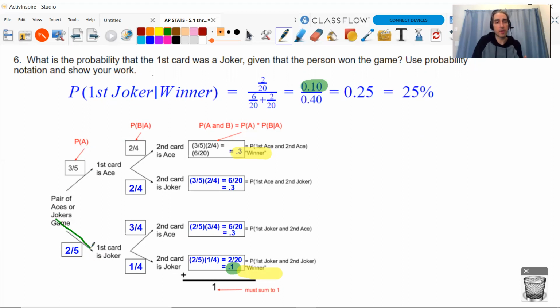Well, we're going to follow this branch here. But out of the winners, that 40%, only 10% of them had the likelihood of having that first card be a joker. So it's that 2 out of 20 plus the combined 6 out of 20 and 2 out of 20 added together. So notice that these are kind of together, but really it's just 0.1 out of 0.4 or 1/4,